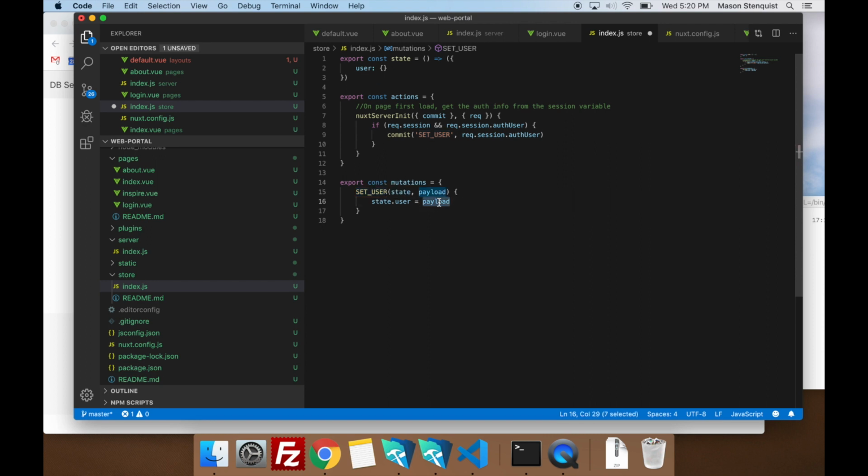So this way, our session information that we have stored on the back end will be able to be transferred to the client. Otherwise, when you reloaded your page, you would lose all your state, so they would be logged in, then you'd click reload, and then they would no longer be logged in. So this runs automatically on first start. It'll grab information we've stored in our session variable for the auth user, and it will populate it here. So that's all very good.